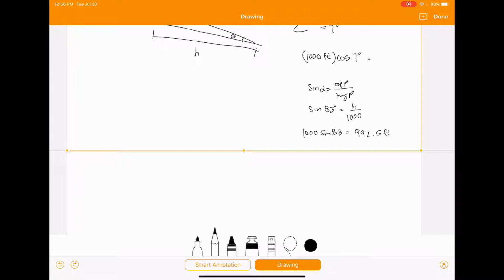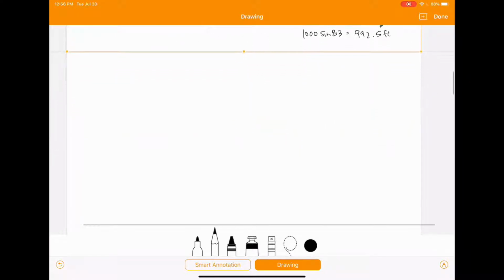1,000 cosine 7 equals 992.5 feet. And as you can see, they're the same, so it doesn't matter which way you decide to do that. Now, another thing that you might be given